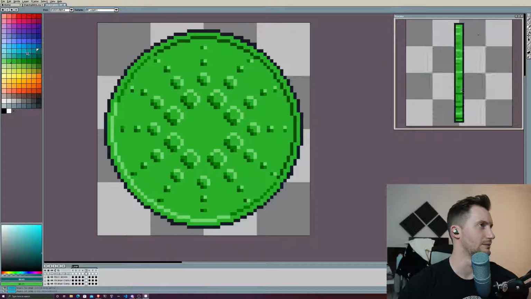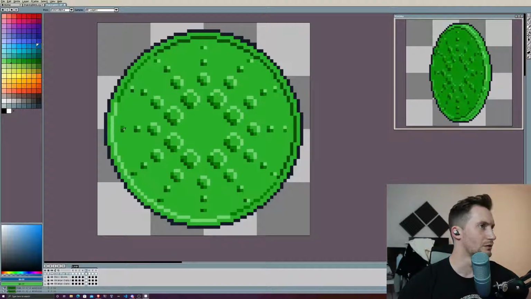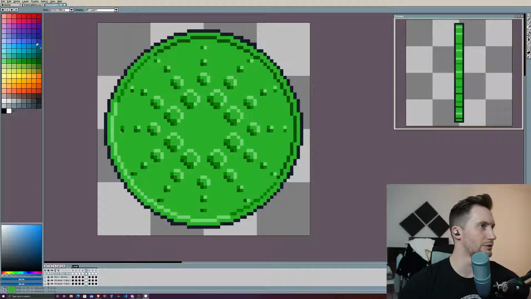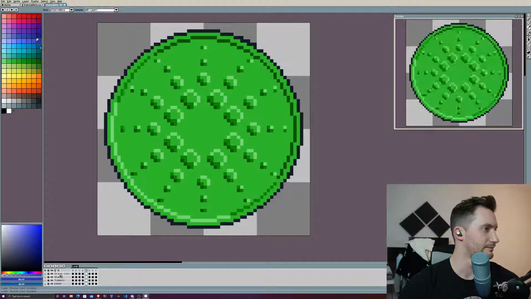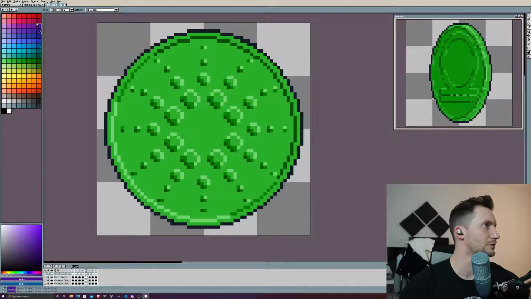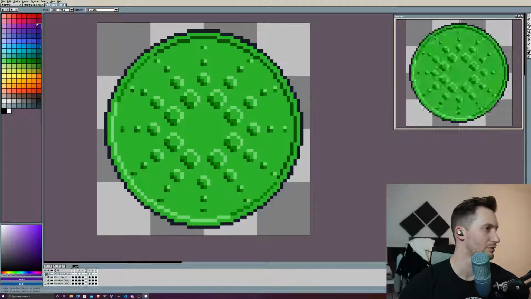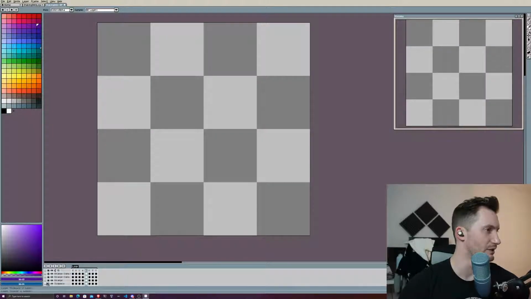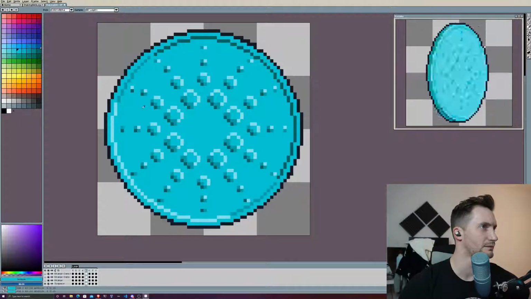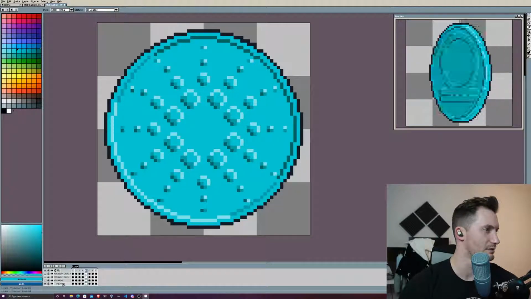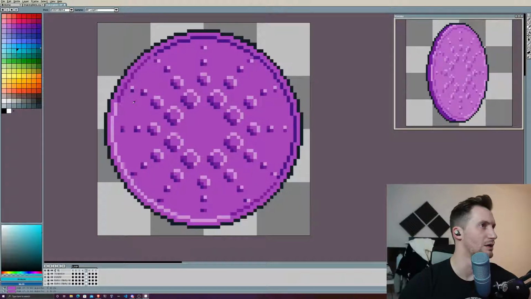You know what I might do? No, let's not worry about that. That's the one I did for the blues, or was it this one? That's the one I did for the purples. Actually forgotten what I've done at this point. That's there. Yeah? Okay, that's there. That's turquoise. Purple, what did we do for purple?